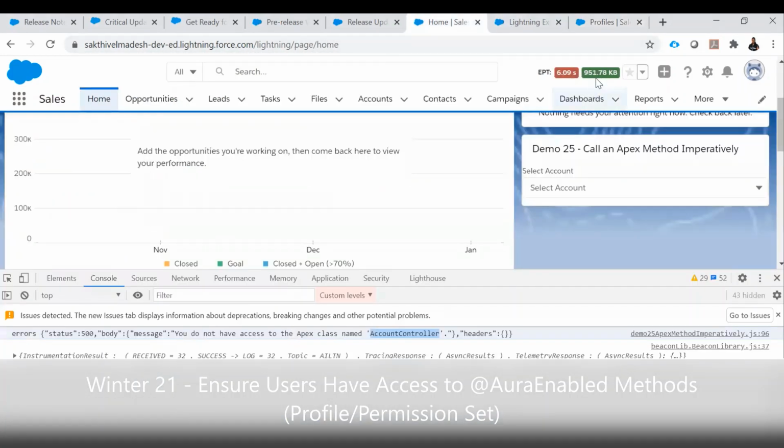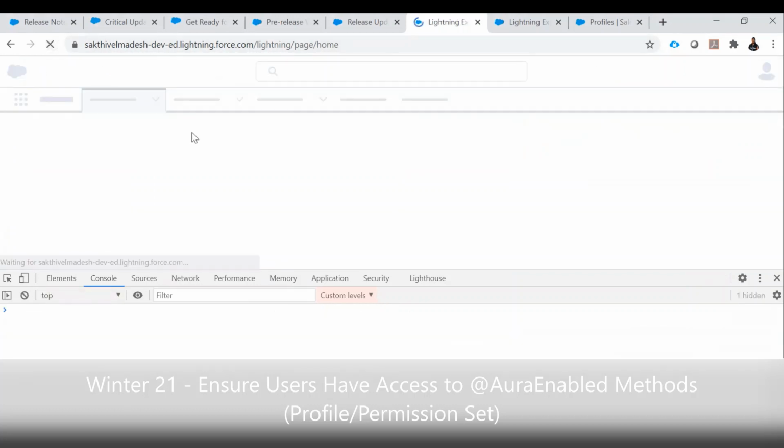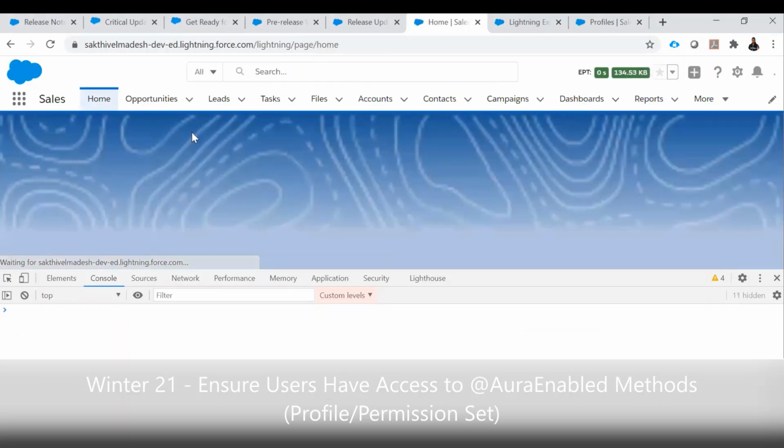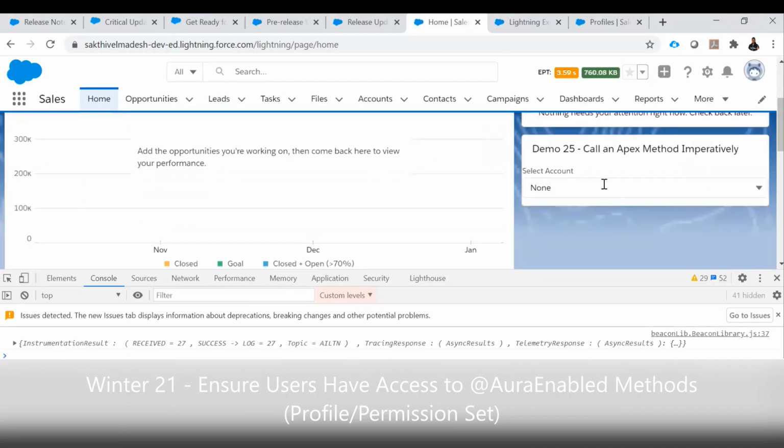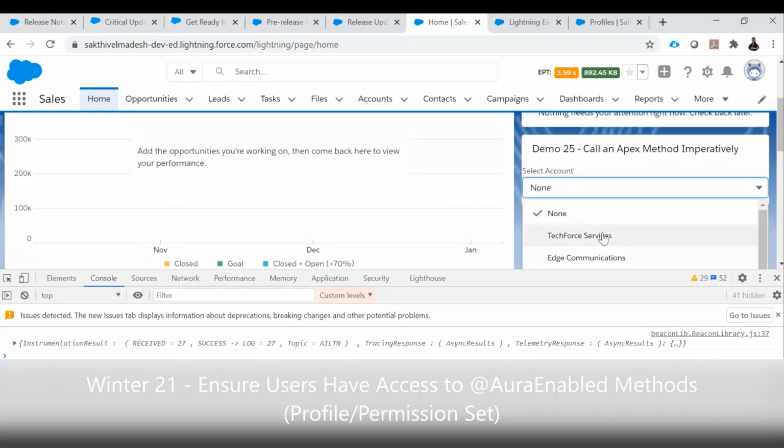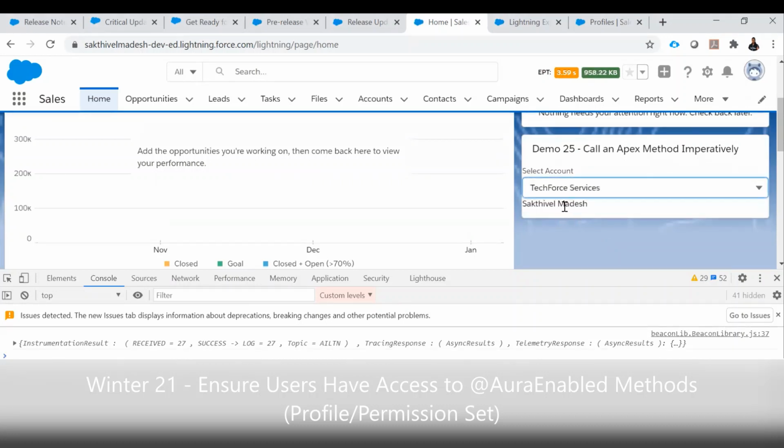Then if I refresh the same page, I'm getting the result. Now I'm getting the account list, and accordingly I'm getting the contacts also.